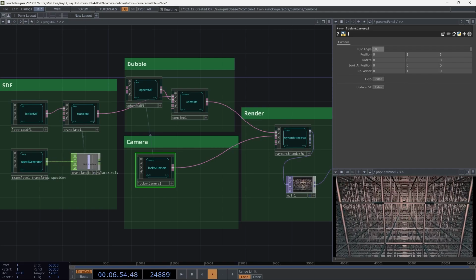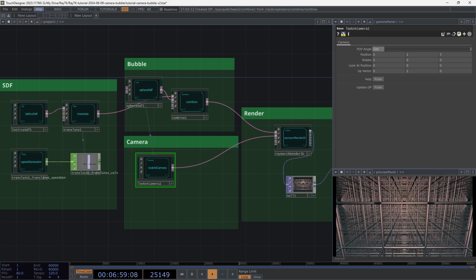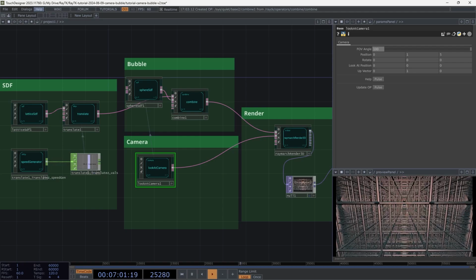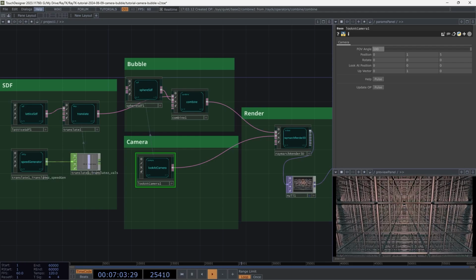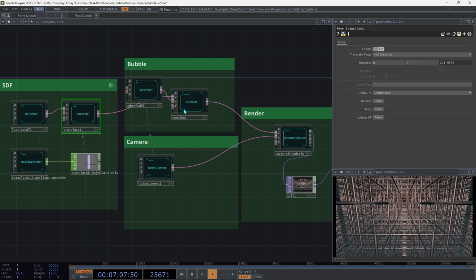And that's basically it. But we had mentioned earlier that we were going to talk about when you are moving the camera instead of moving the contents of the scene. So to do that, let's go back over to our translate, and we're just going to switch off the enable parameter there. So the grid is going to stay where it is,